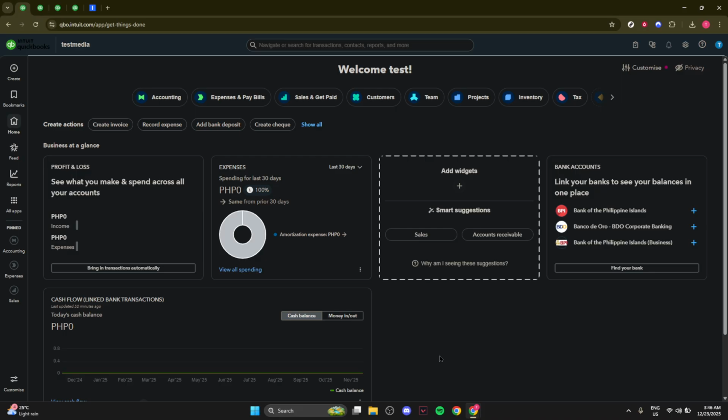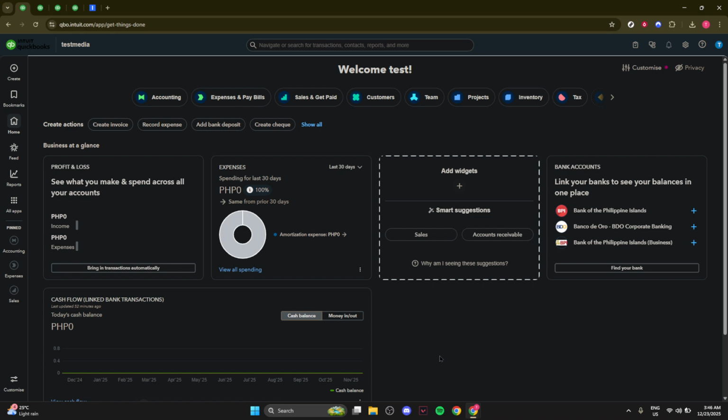Start by signing in to QuickBooks Online in a modern web browser. For the smoothest experience, use an up-to-date version of Chrome, Edge, or Safari. If you manage multiple companies, double-check you're in the correct company file before continuing, because your export will reflect whatever